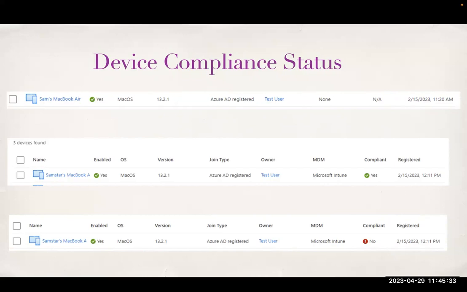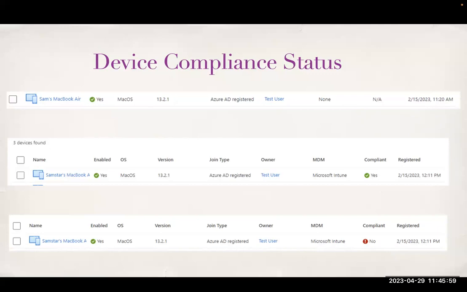But the important part is, as my device is in the compliance group, my device is labeled as compliant. The criteria for my organization is that the Mac has to be encrypted. My Mac was encrypted, and hence Jamf Pro said this machine is compliant, and